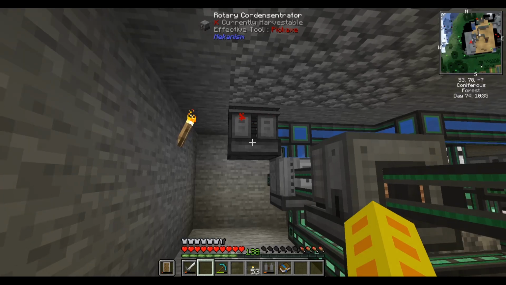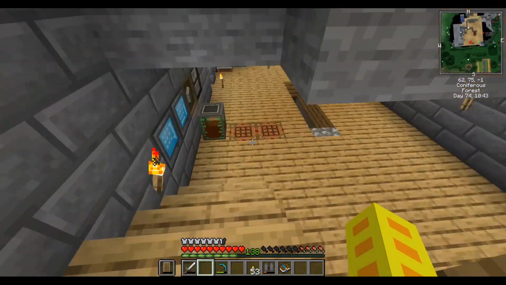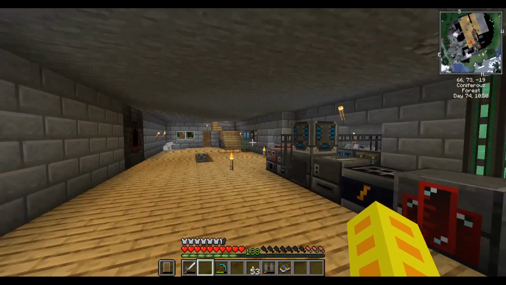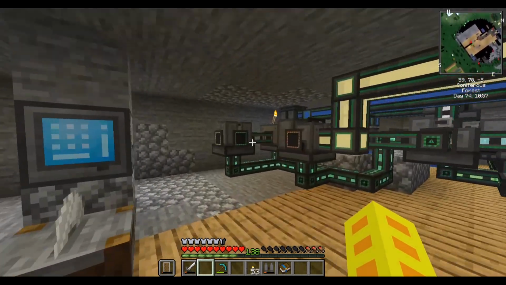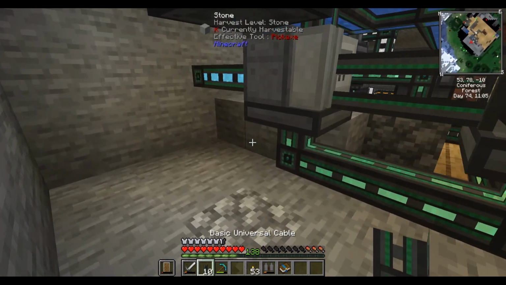Just producing water vapor. How much power does this use? 20 FE. And it's draining. Perfect already. It's already draining. So let's kick our reactor back on, because that's probably dead. Or no. It's draining really fast for some reason. Shouldn't be draining fast like that. Oh, I know why, because I didn't have it hooked up to power. Duh. Let me